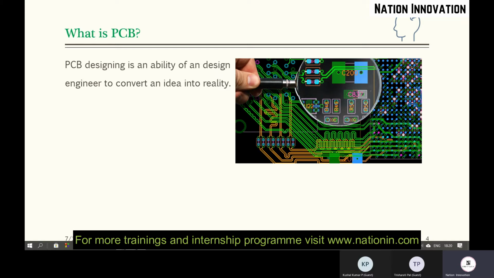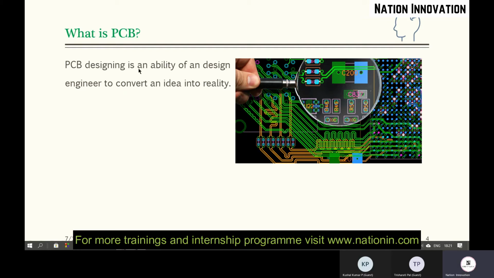To make that circuit a reality, we just need to design that circuit. So PCB designing is the best and most efficient way to come up with an idea, so we call it the ability of a design engineer to convert your idea into reality.